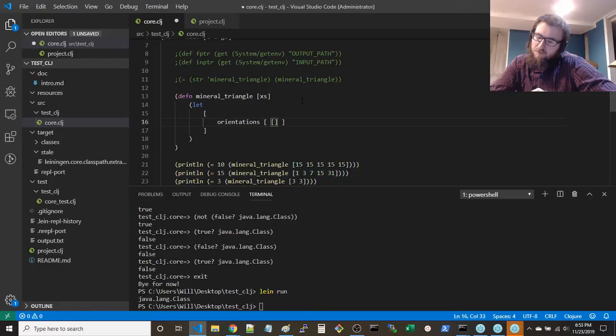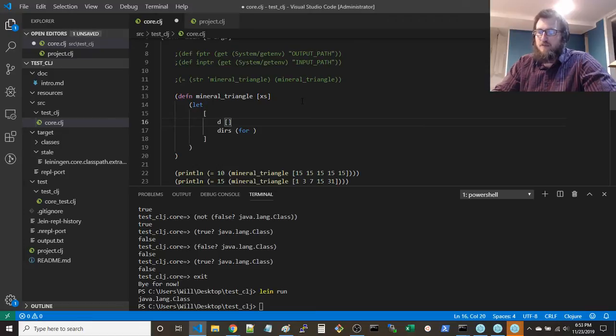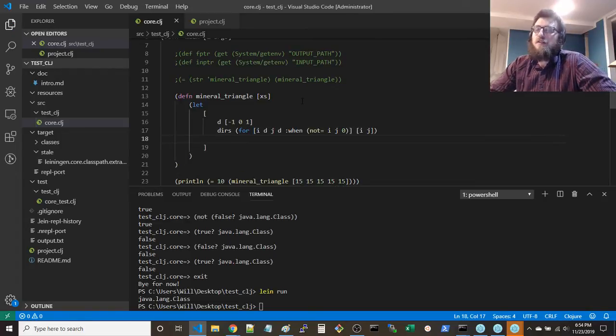So you can say something like, well, there's 8 directions, right? And we want to rotate 90 degrees. Yeah, that's kind of what we want. We want something like this. We want directions, of which there are 8, which we said will have, I like this approach, -1, 0, 1. And you're going to say for I of D, J of D, when not equal I, J, and 0. Right, and you're going to take I of J, so those are the directions, and then we're going to say,